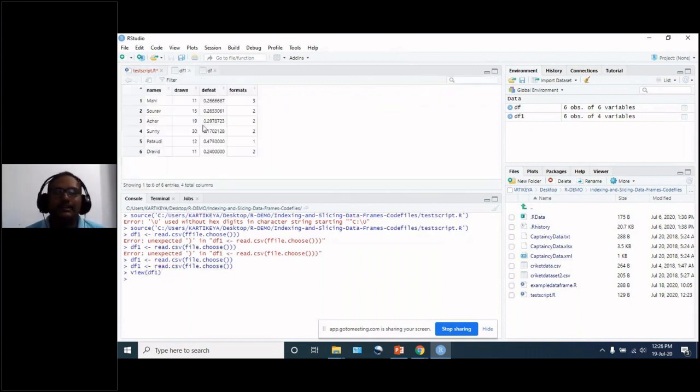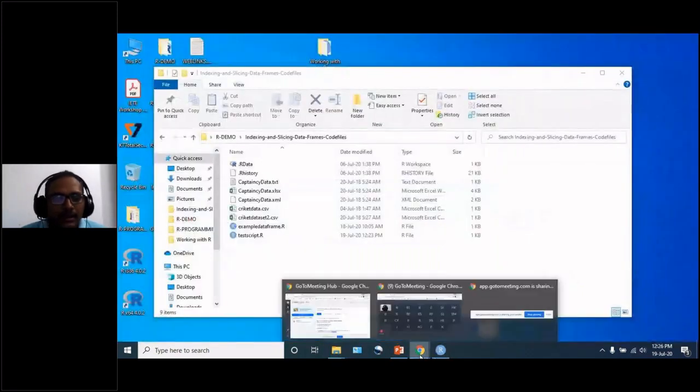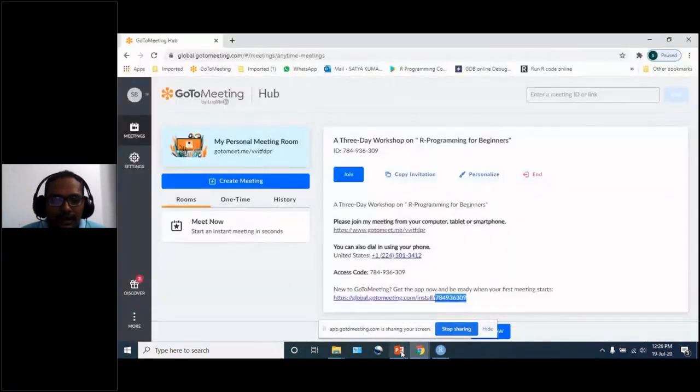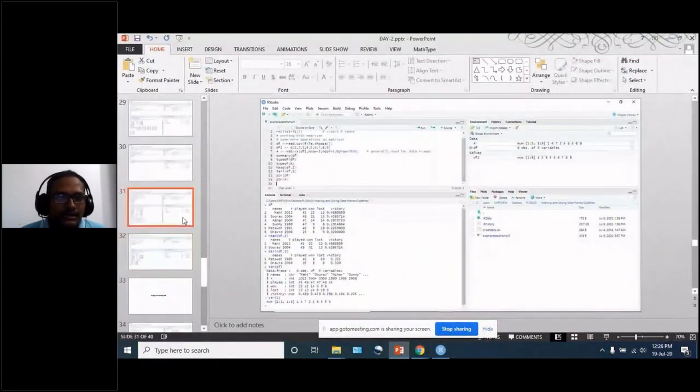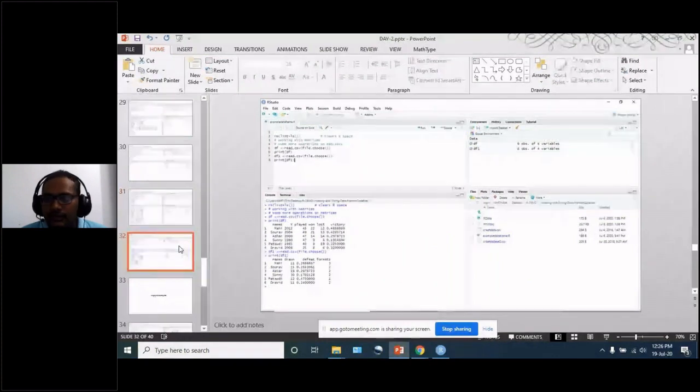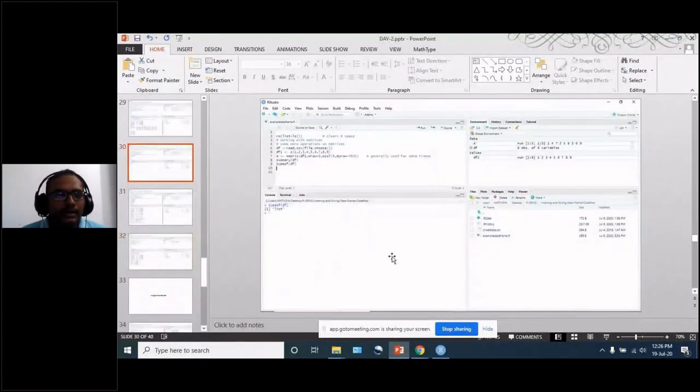See, the data is different because I have chosen a different file. So when you want to write a program in an interactive way and you want to choose a different file every time to execute on a different data set, then go for this particular command, the file.choose command, right?